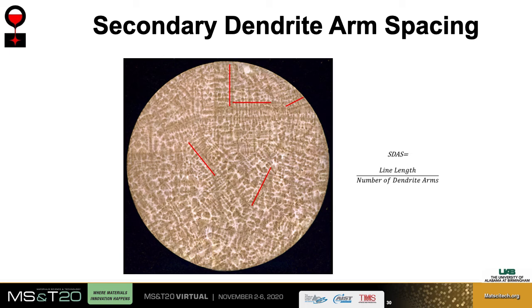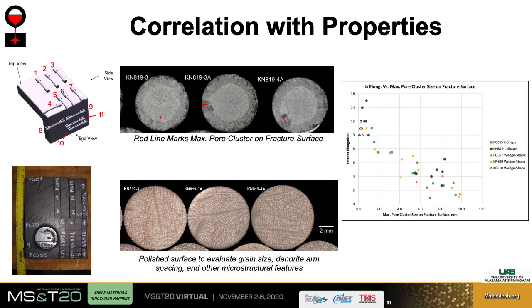Fracture surface analysis is a good technique to confirm any unusual features in the specimen. However, it cannot be directly compared to predicted porosity from modeling because the predicted porosity is across a planar surface. Other measurements that we do quantify the fineness of the microstructure by measuring grain size or dendrite arm spacing, although they're not always easy measurements to do. The faster the cooling rate, the smaller the dendrite arm spacing tends to be, so these measurements can indirectly demonstrate effective cooling rate, which can be predicted by the modeling.